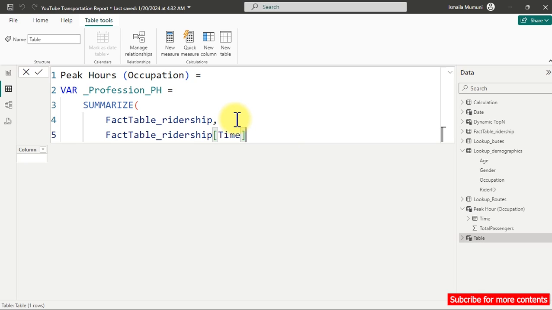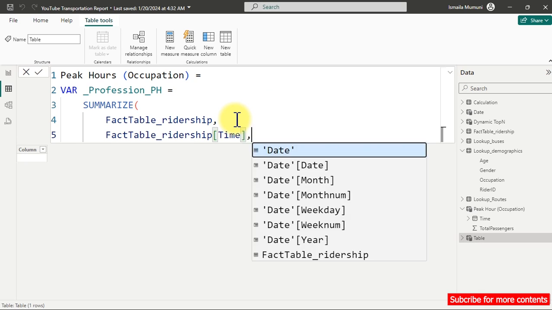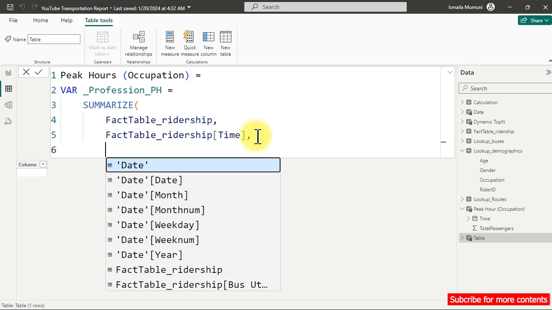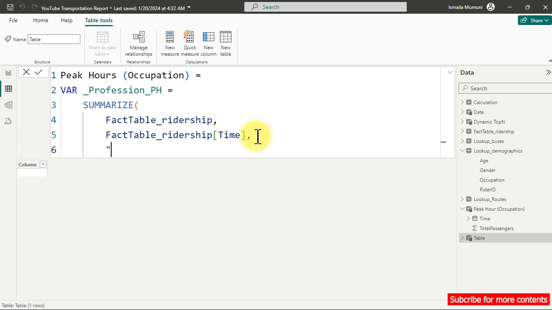So we want to actually summarize for a particular profession, not for all the professions that we have. How do we go about that now? To go about that, we need to create a temporary measure here outside the measure we have sitting inside our calculation table. So what I'll do, I'll call this one total